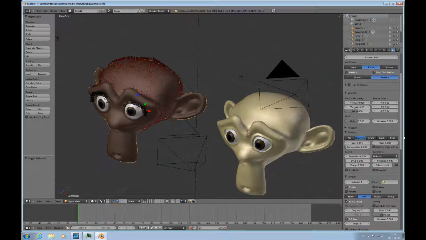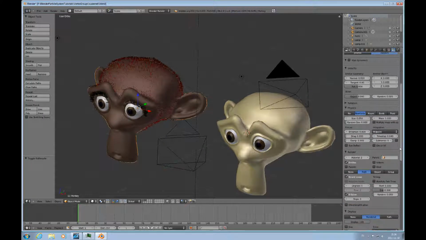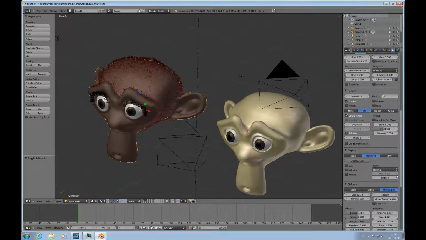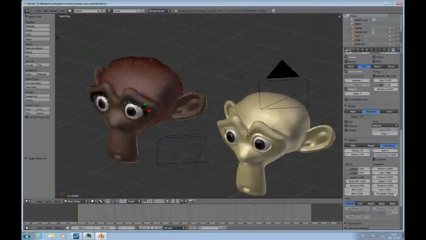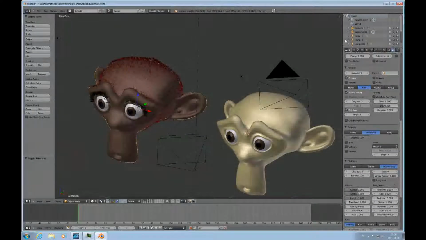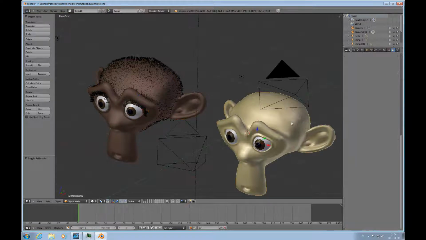So we have the materials that we're using, and it's right there in the render slot. And I'll go back to material number 1, and that's the black hair. So that's how that's done, and